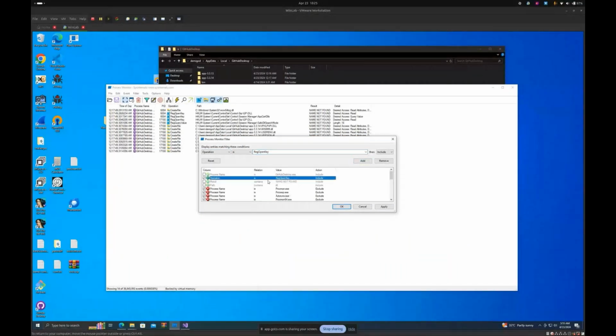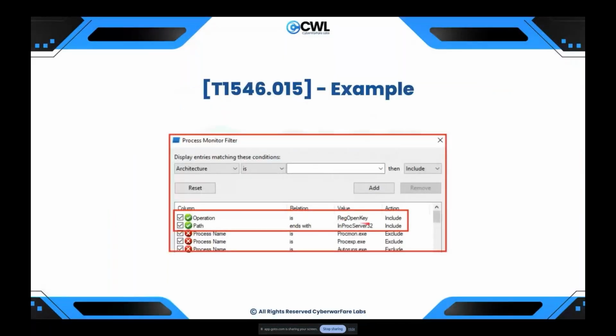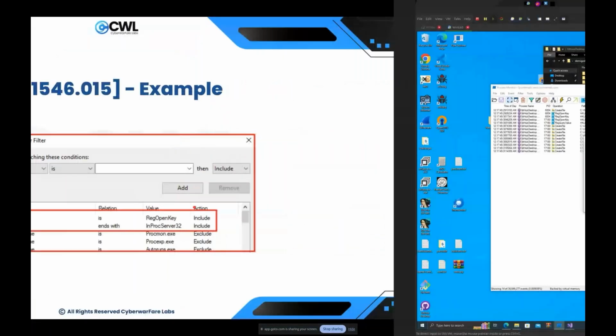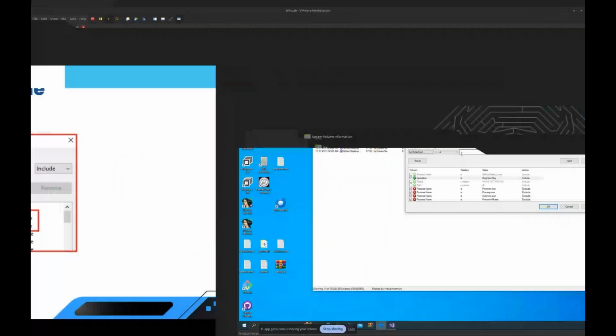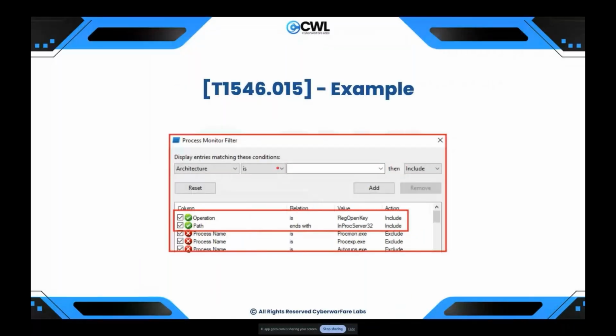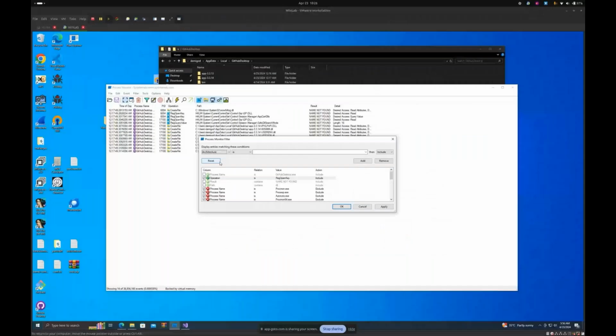Here we have added RegOpenKey, which is correct. And in the path, we have to make sure that the path contains the